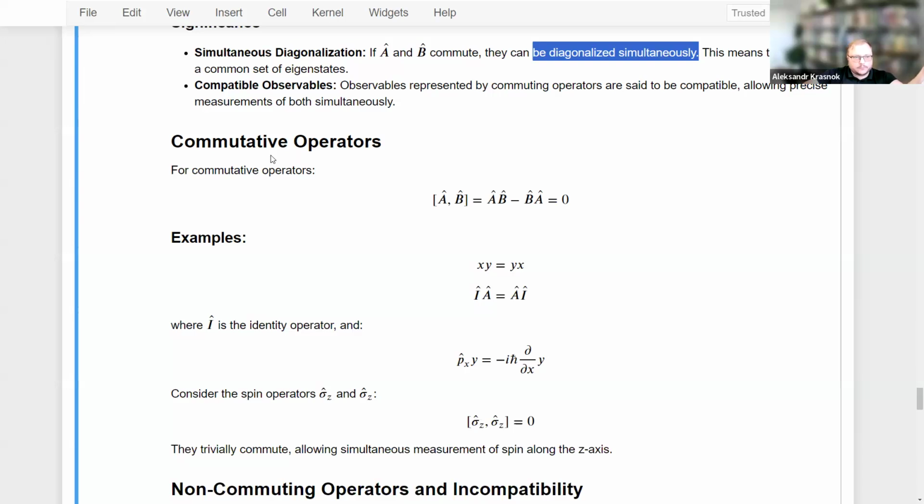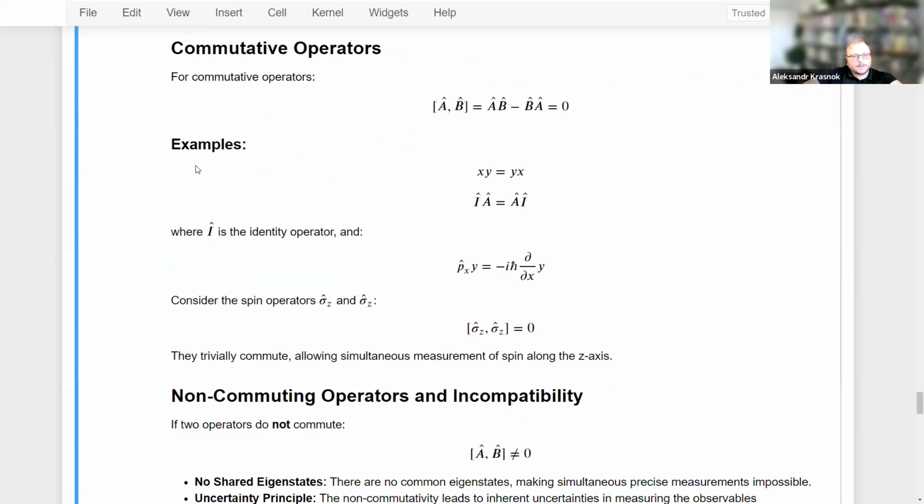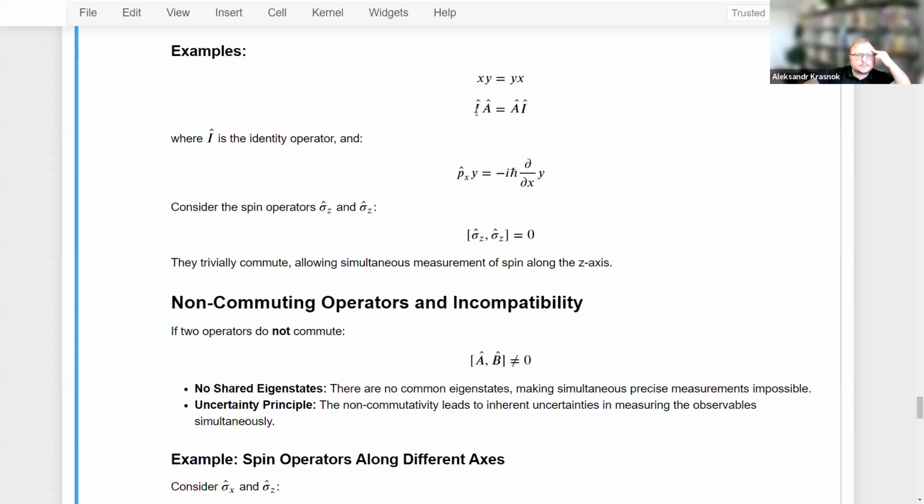Some examples of commutative operators. One example is the coordinate. Of course, if I measure coordinate x, I can also measure coordinate y, and their operators, which are simply x and y, don't change their product when I exchange them. The identity operator, of course, commutes with any operator,